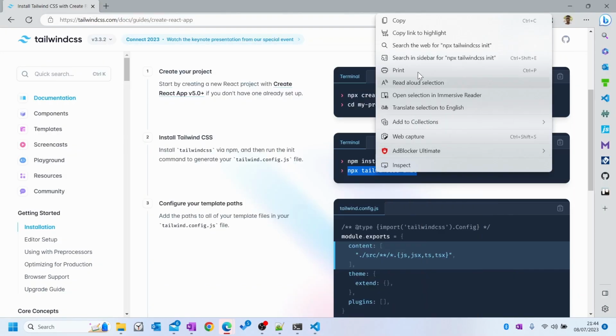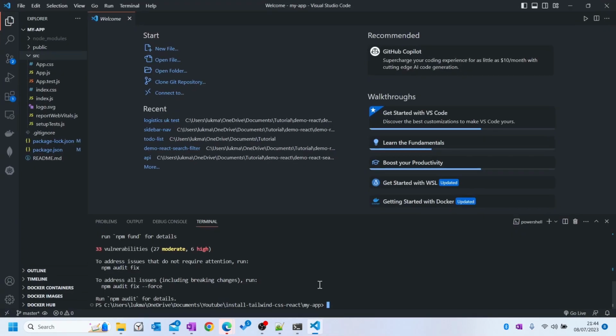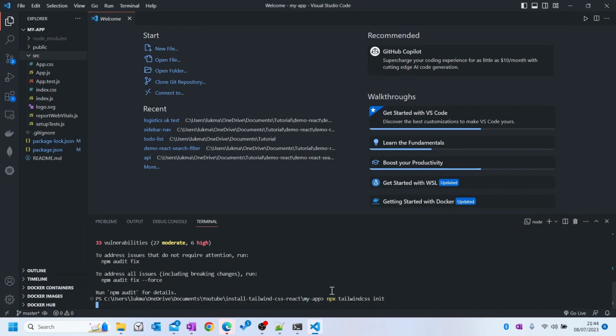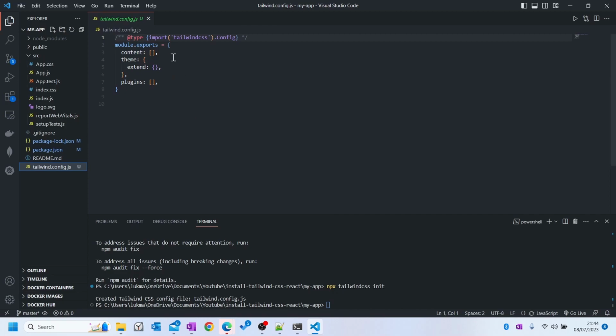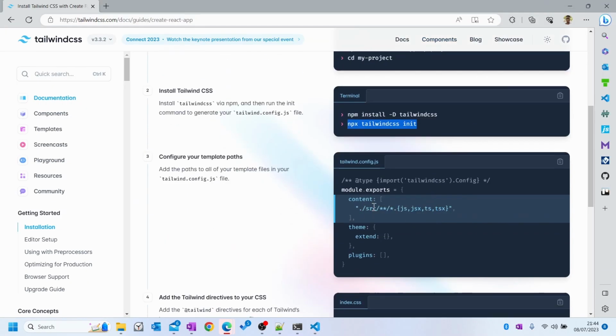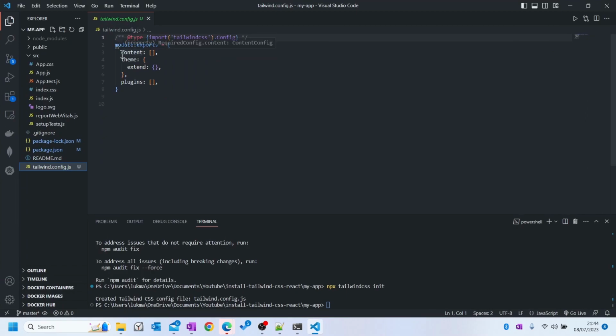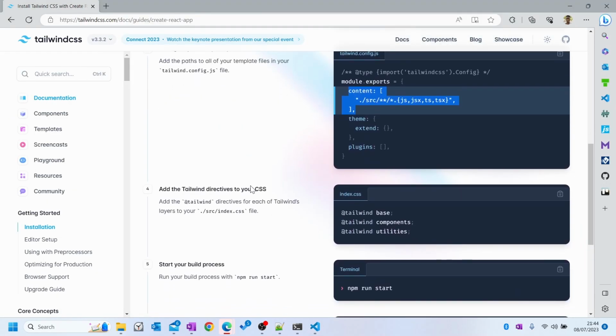So init, let me copy it properly and then paste it in here. There's a newly created file, the one in green, tailwind.config.js. Open it, and we're going to configure the content. So we're going to set it with all these file extensions. And so we're going to copy this, paste it into our newly created config file, save it,